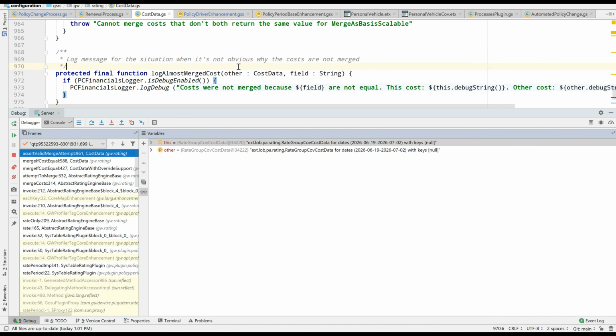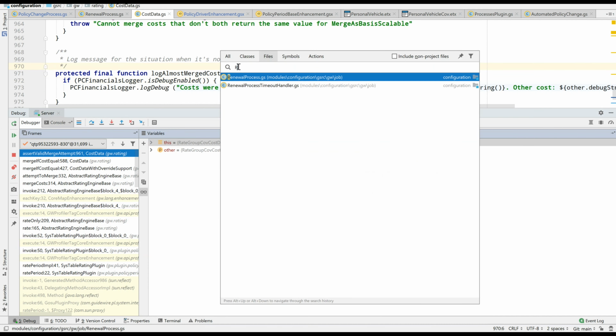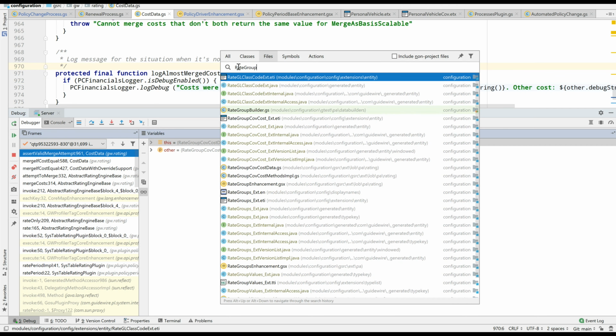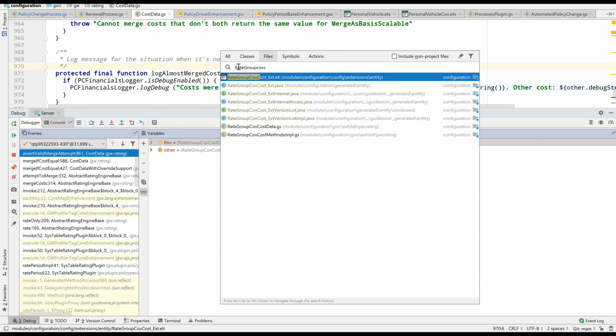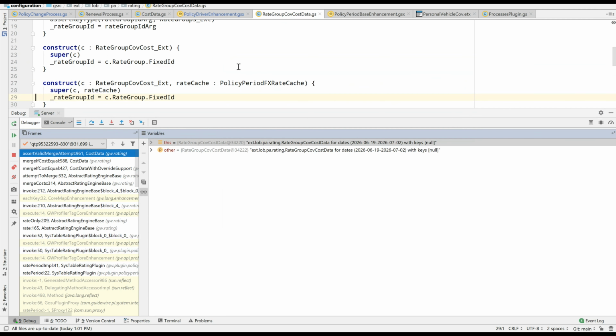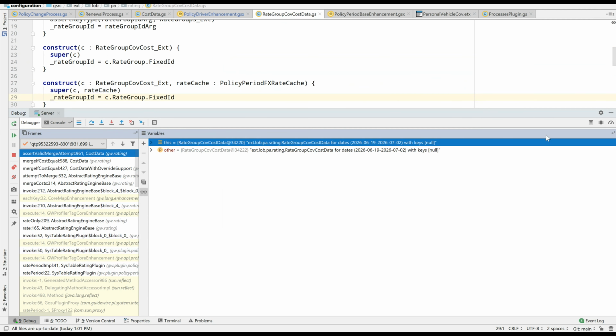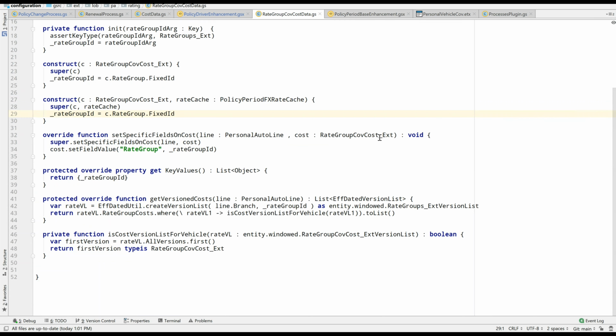Let me open this class, RateGroupCostData. Okay, let's see what the key value actually is. To get key values, we have a method, keyValues. Yeah, key values. What is written is the rate group ID. Okay, we have a cost without any rate group ID. That could be the issue,